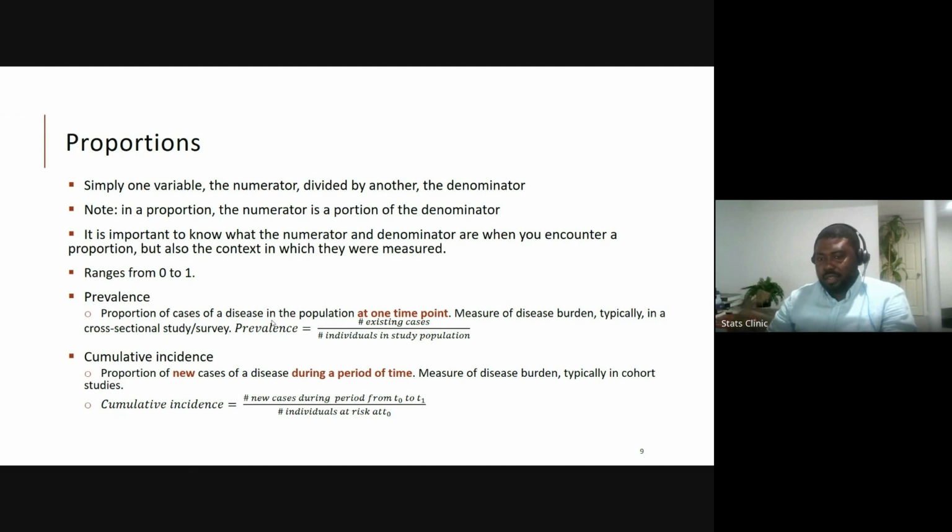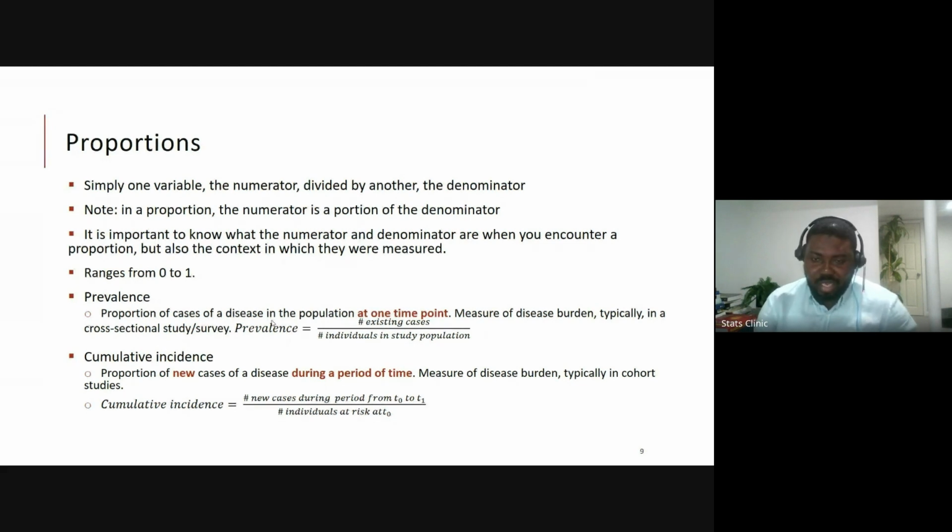A few years ago there was COVID everywhere and everybody was concerned about getting it. One statistic you would be interested in is, in a population, how many people have had COVID. That's a prevalence, where it's existing.